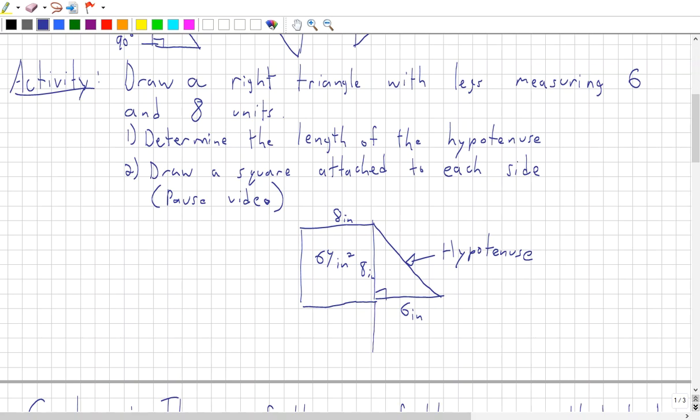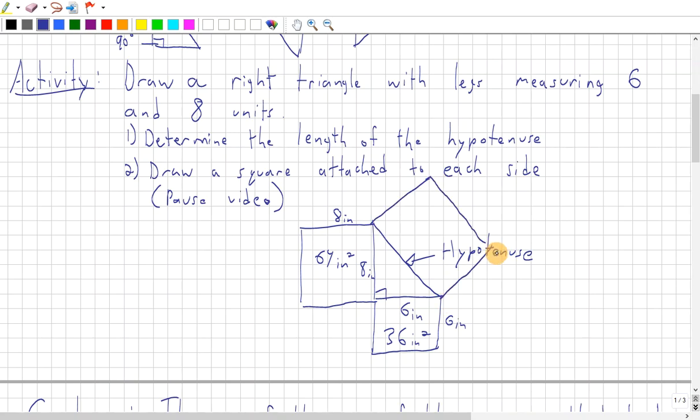Building a square off the bottom here, it'll be a little bit smaller. I have side lengths of 6 inches and 6 inches. So the area of this square would be 36 inches squared. Again, be very careful with your units, using squared for area. And if I'm building a square off the hypotenuse,